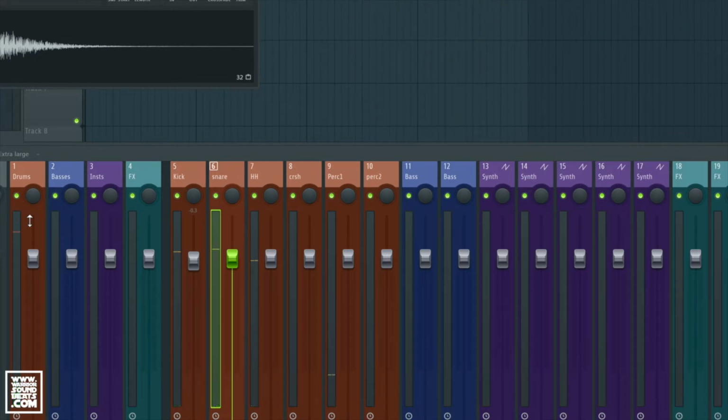That means really quickly later on, everything's set out for us to mix and start balancing our track. So that's a basic way of getting our drums laid out. Let's look at